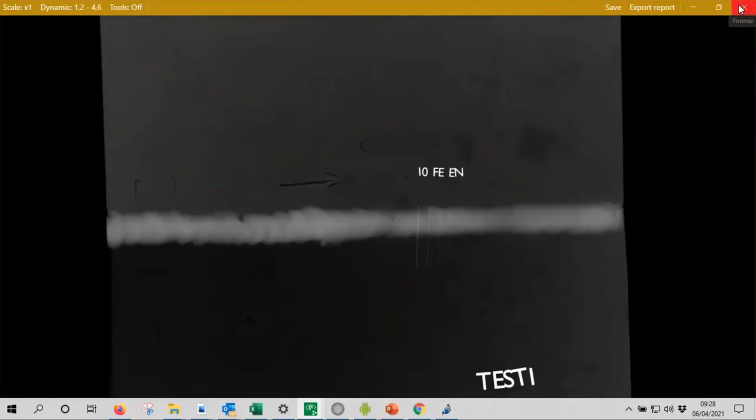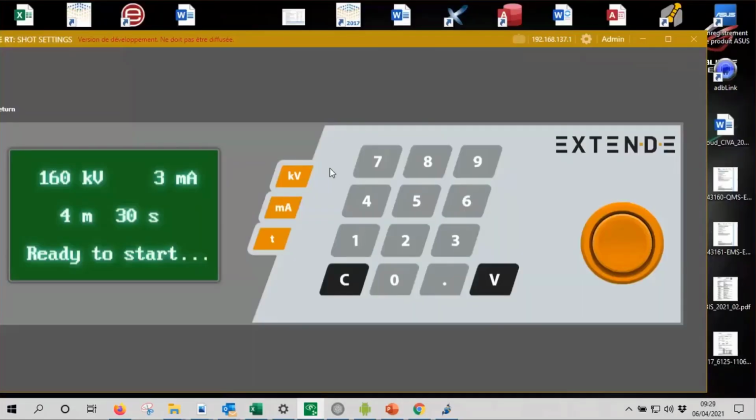So you have here the first image that you can save, of course. Then, it's the first example, but during the training we also learn to optimize the exposure time, because of course time is money. So the idea for a trainee is to adjust to have an accurate shot, but to try to reduce the exposure time, if you have to make a lot of shots in your life. Of course, you need to reduce the exposure time to make as many shots as possible.